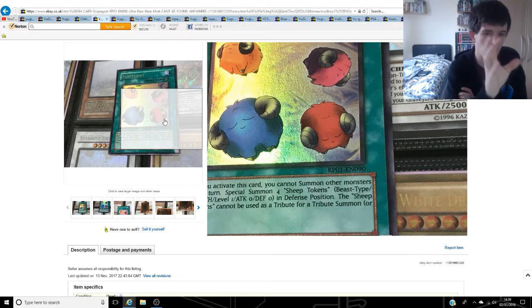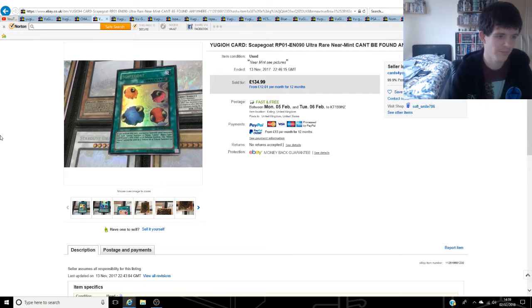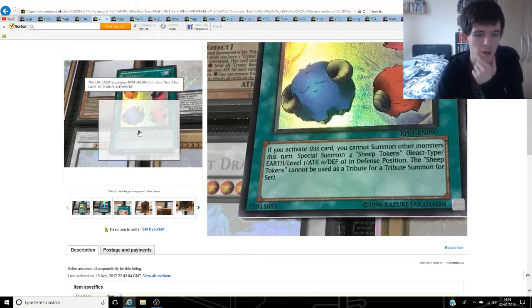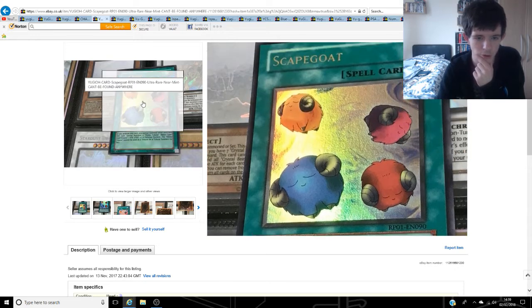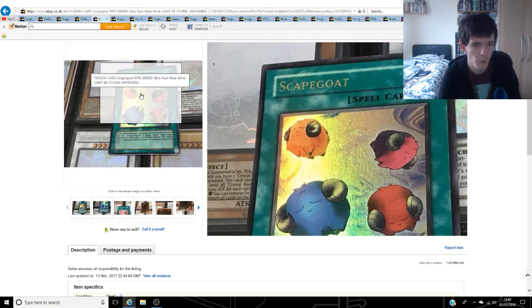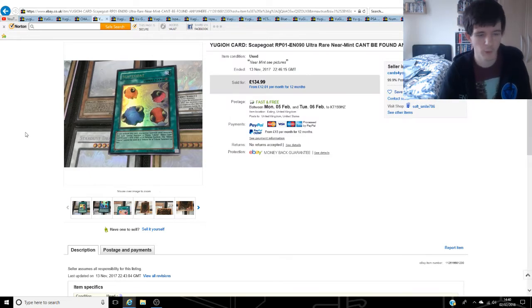RP01-EN090, and it comes out with the card and what the name is if you're selling them. You can obviously see the name there, but it also tells you other bits and pieces about it, which I won't go into here. But they got £134, which is really good for this card, because the normal edition is worth peanuts, basically, which means in the UK it's worth not a lot. So it says it can be found anywhere, but